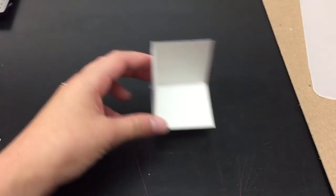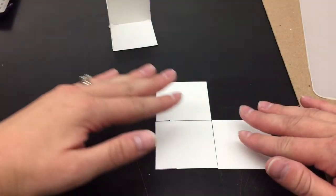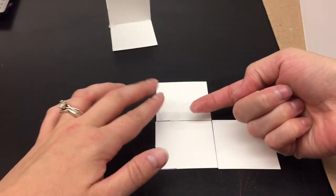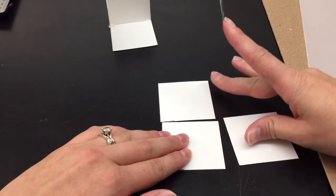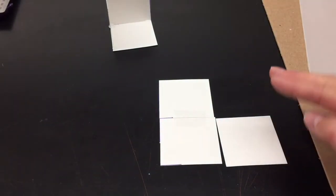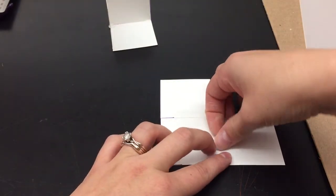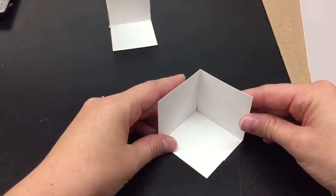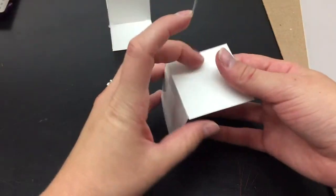The other way to do this is to take your 3 squares, and instead of using hot glue, you can take tape, and you're going to put tape on your seams and try to line it up as best as you can. That wasn't very well lined up. It's a little better. And then take my other piece of tape, put it on this other seam, and then my 2 sides will fold up, and then I only need one more piece of tape